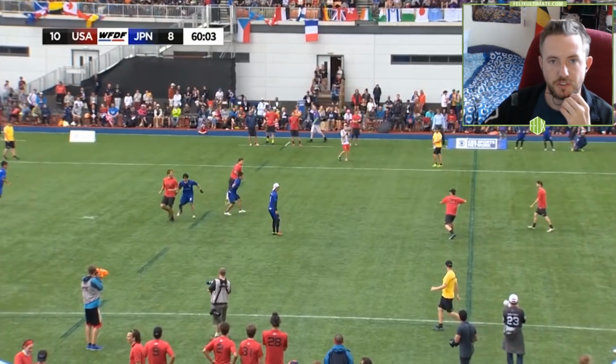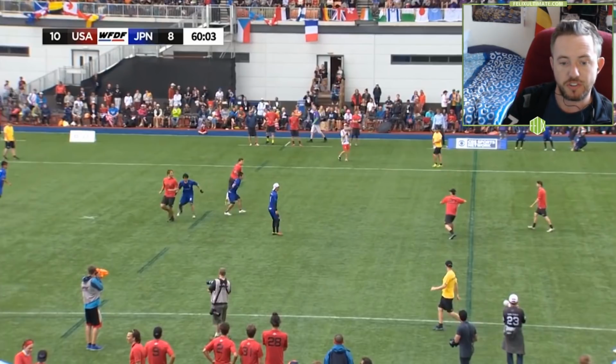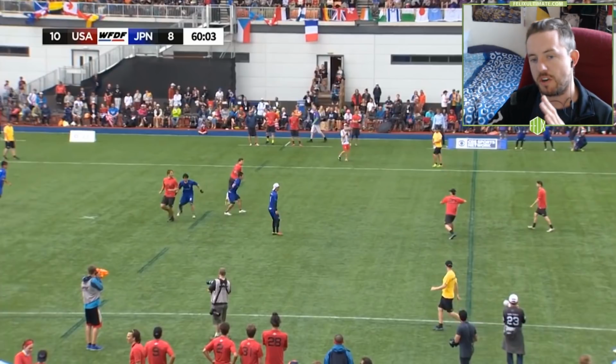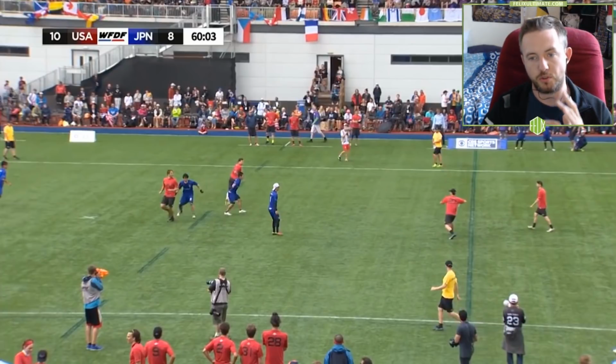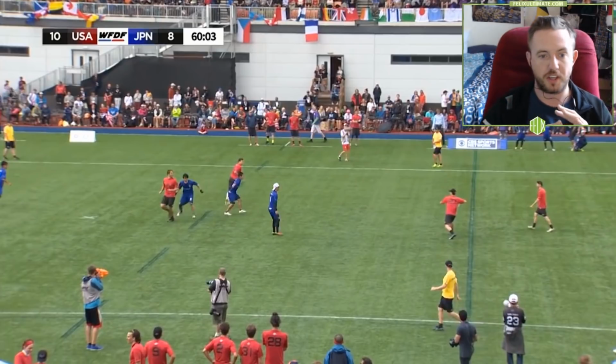If USA have the disc in their half and there's no defenders, they're going to work it all the way up to halfway. As soon as they're in halfway, then you have all 7 Japanese defenders in half of the field, and any long throws will go out the back of the end zone. USA have the height advantage on Japan. They've scored quite a few throws from long ones, so Japan want to take out that long throw as a